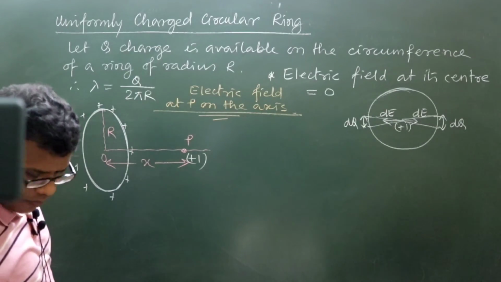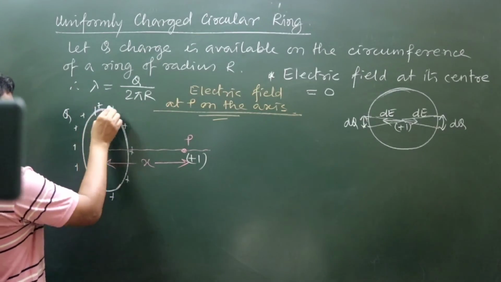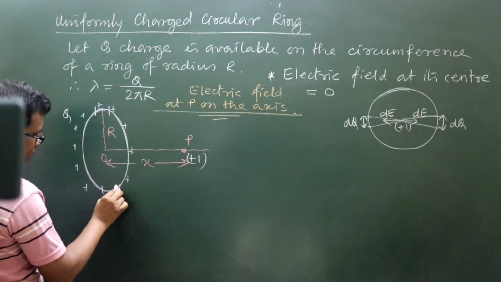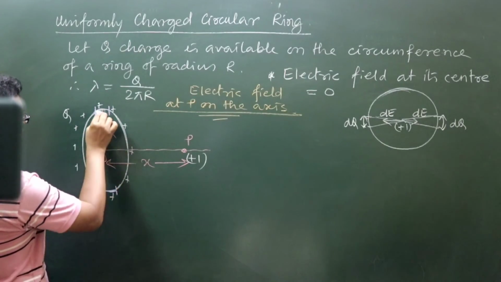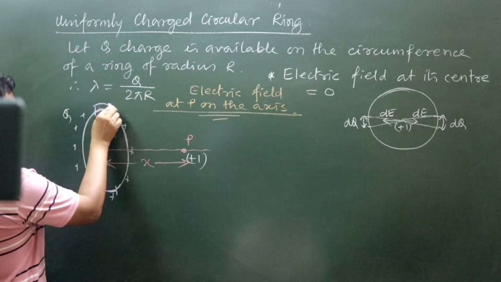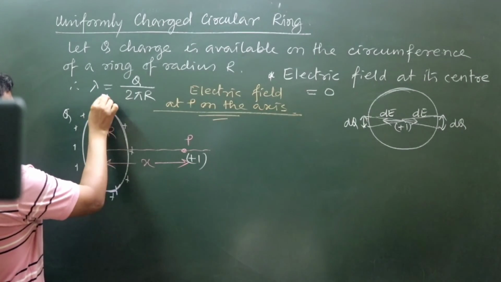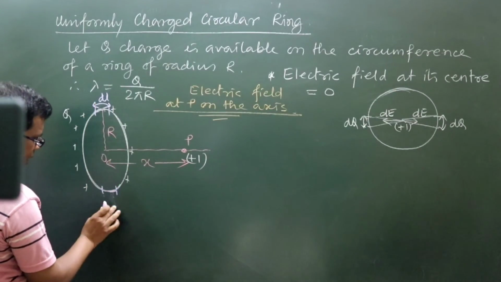We have to consider diametrically opposite elements, so that we can consider small but identical elements